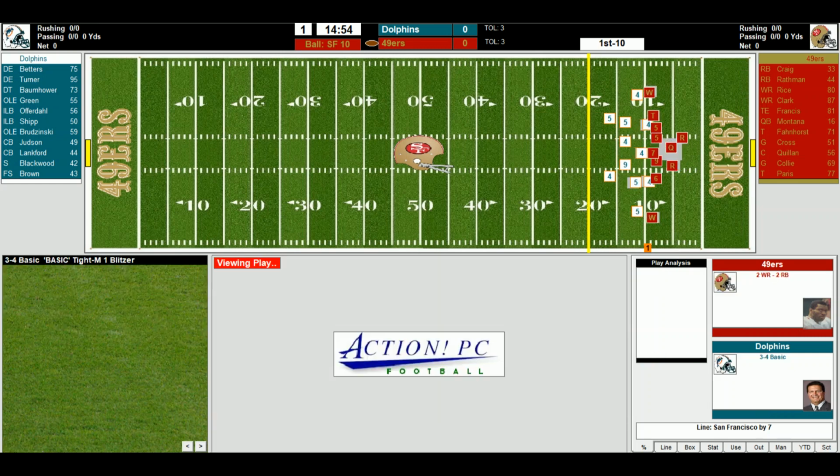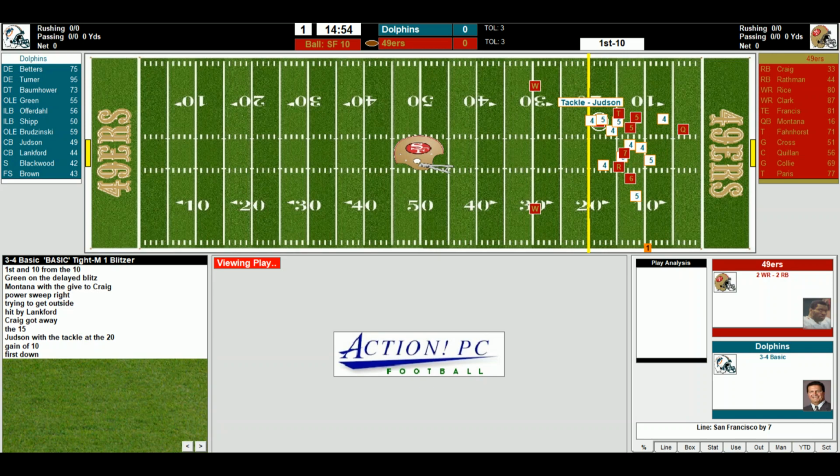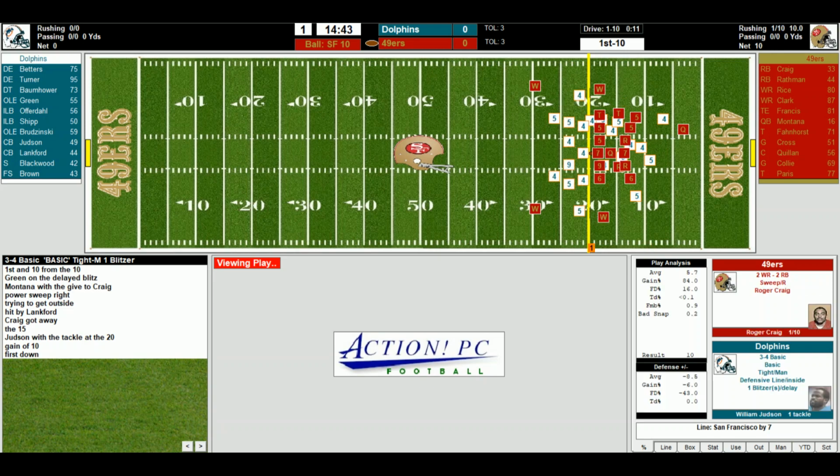So I hand off to Craig from Montana from the 10. He gets a bit of a seam. He gets across the 15. William Juxon will make the tackle at the 20, 1st and 10. Now,